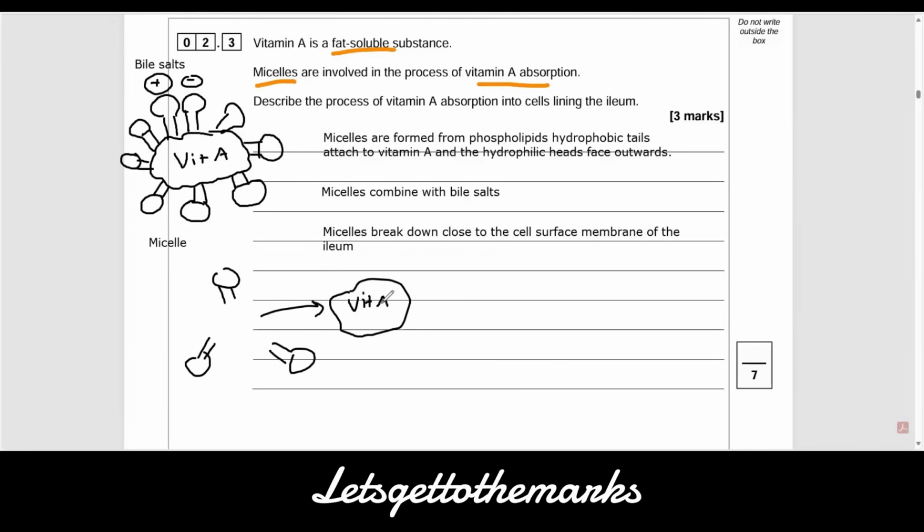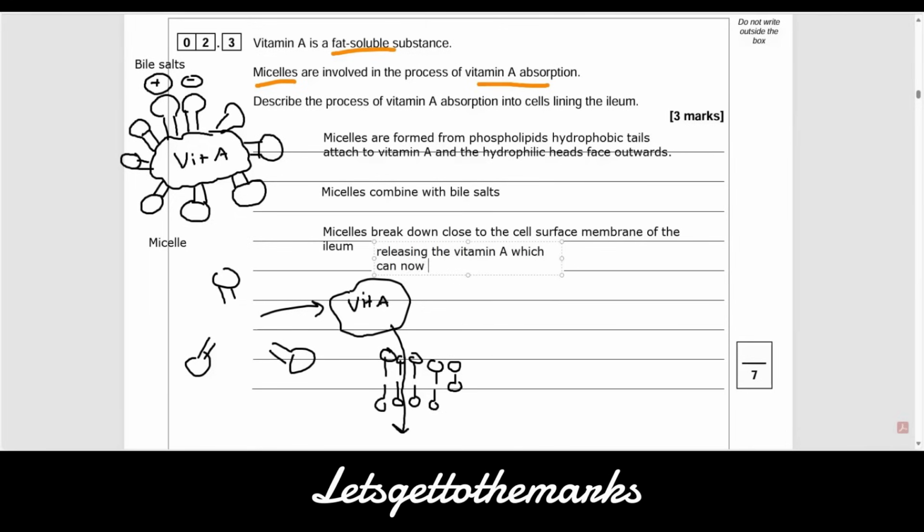And the vitamin A is now at the cell surface membrane. Yep, there's my really shortened version of the cell surface membrane. Obviously, it's got carrier proteins, it's got glycoproteins, it's got all sorts going on. Anyway, the vitamin A can now simply diffuse across because it is fat soluble. So my micelles break down close to the cell surface membrane of the ileum, releasing the vitamin A, which